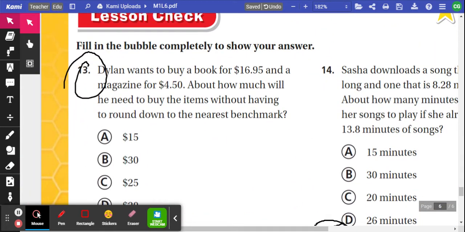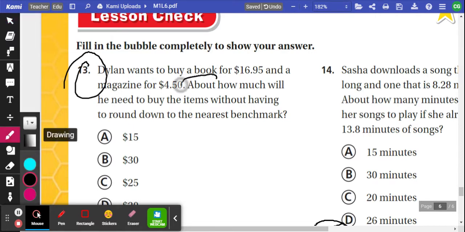I have 13. Dylan wants to buy a book for $16.95 and a magazine for $4.50. Here's that keyword again, guys: about. That's key. About how much will he need to buy the items without having to round down to the nearest benchmark? Okay, so we're looking at